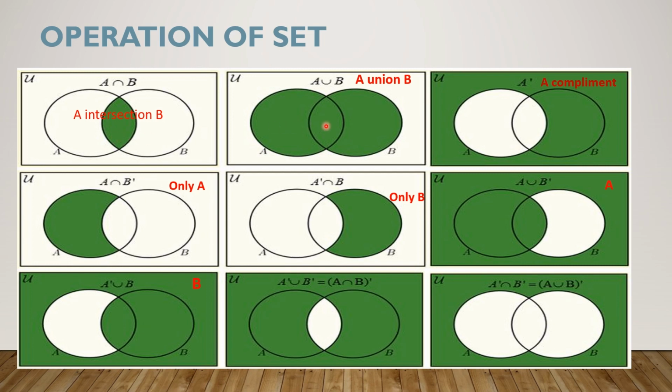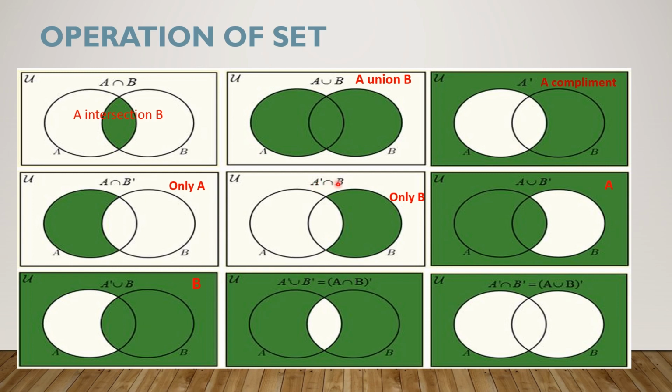Next one is A union B. The shaded green portion represents A union B. Then next, the shaded portion represents A complement. Next, the shaded portion represents A intersection B complement, which can be represented as only A. In this Venn diagram, this green shaded portion represents only B or A